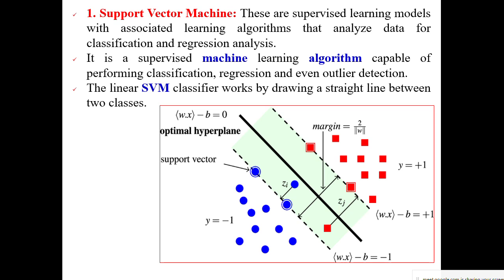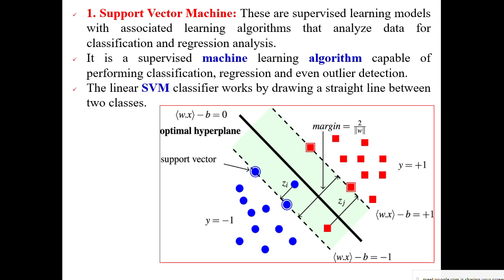If you see in the diagram, sir, one minute. When you say outlier detection, there is one red square which is below the line, isn't it? Yes, on the blue side, that is misclassified. That item is called an outlier. That is a misclassification. So that's why we are not expecting 100% accuracy. Okay, sir.